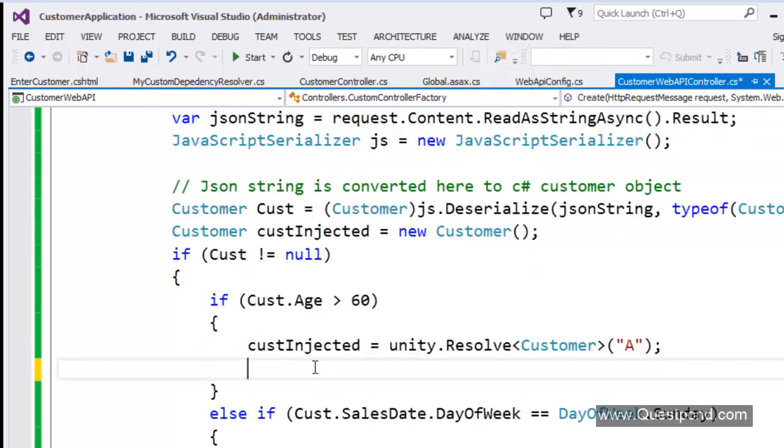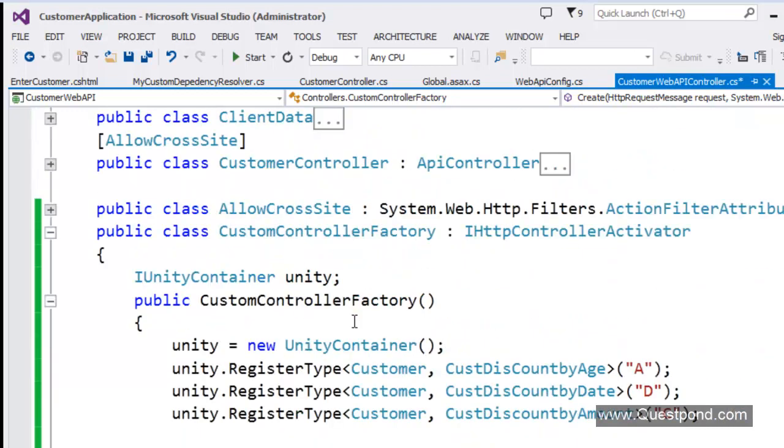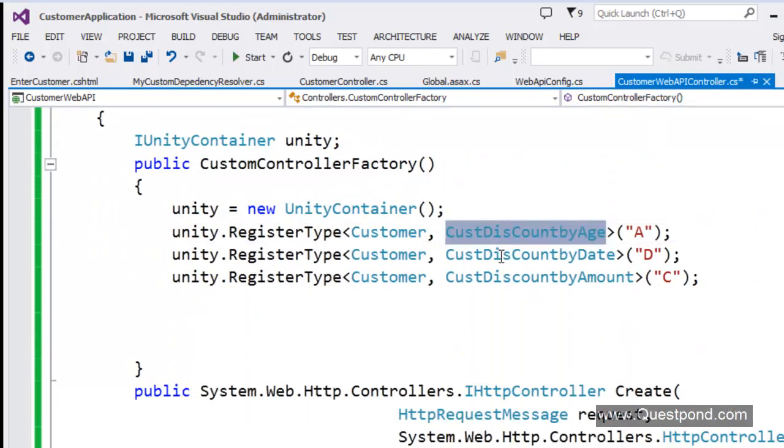Now, if you see the current situation, we have two kinds of objects. One is this cust object, which has the data which we have sent from HTML, because this cust object is filled by using the JSON data. And the second object we have is cust injected, right? This cust injected has the type of customer, which will help you to calculate the discount.